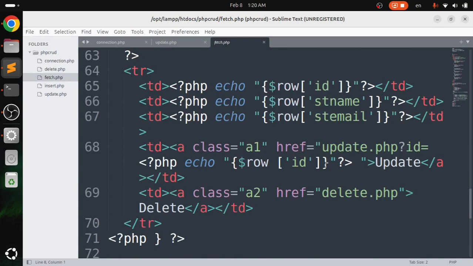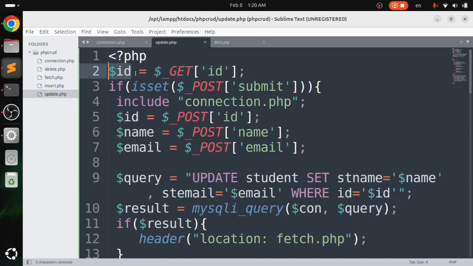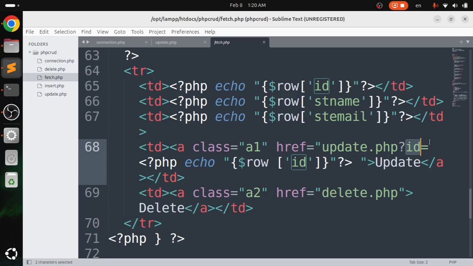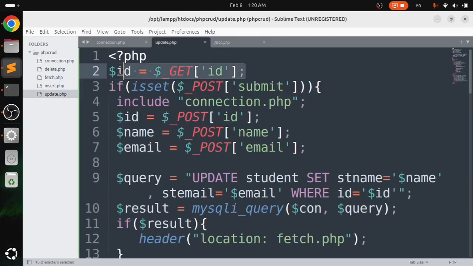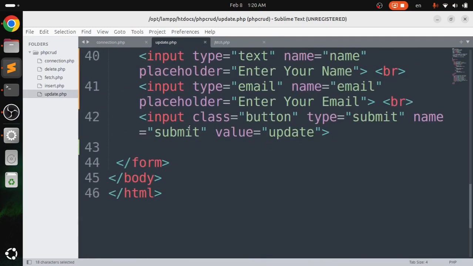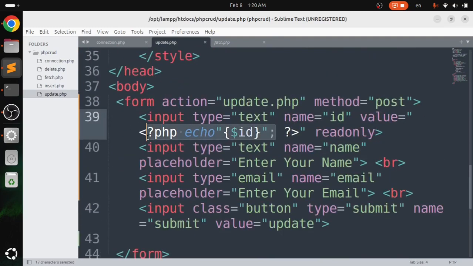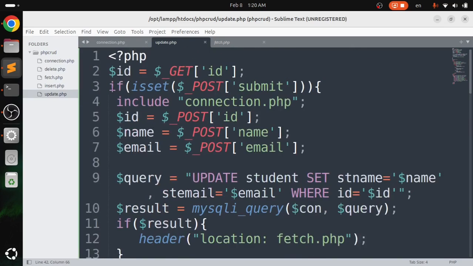When I click on update, we pass an ID. So I have set a variable $id and used $_GET to get the ID from here, by this ID name. Now in the form field I have shown the ID, I mean I echoed the ID. If anyone changes the name and email and clicks on update, it will check if isset $_POST and the button name is submit. So it checks whether the submit button is clicked or not. If clicked, then it will